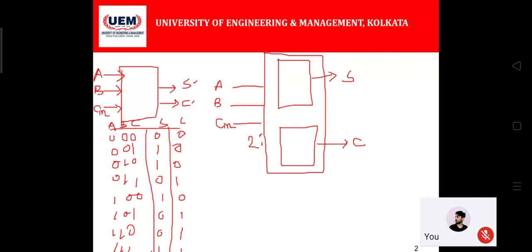But the person who is viewing or testing the circuit does not know the inside architecture of this particular block, whether it's a full adder, a half adder, a subtractor, a decoder, or a multiplexer. He does not know. Once he provides all possible combinations of the input at the input of this block of circuit, what he or she will find is that the sum is generated based on this truth table, and the carry is generated based on the truth table represented here.